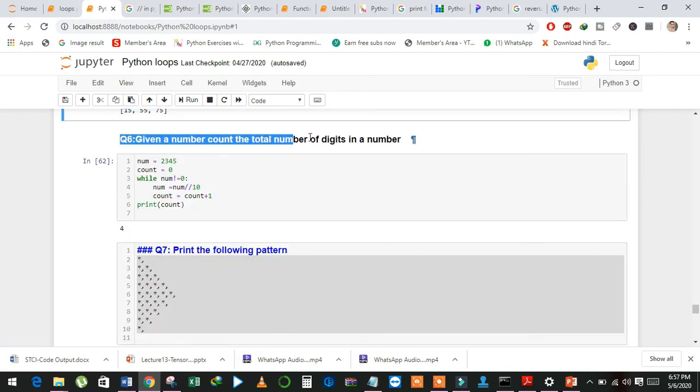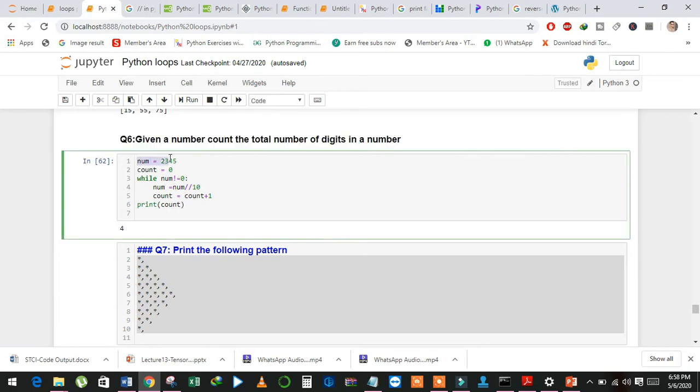Sixth question. Given a number, count the total number of digits in the given number. See here, I have a num variable and I assigned 2345 to it, and then I created a second variable count that is equal to 0, and then I started the while loop.